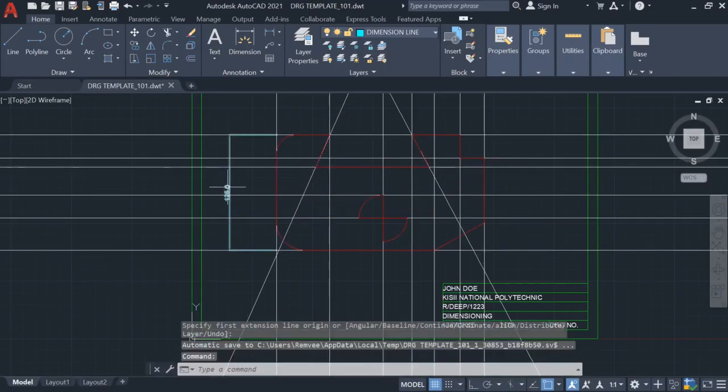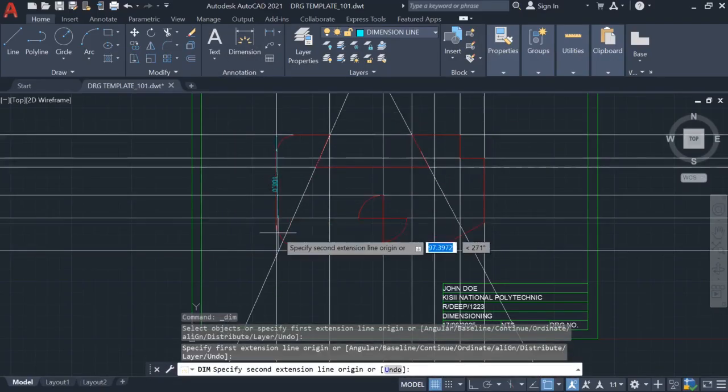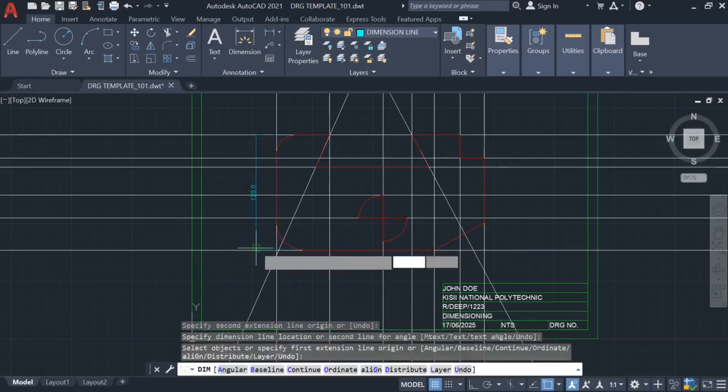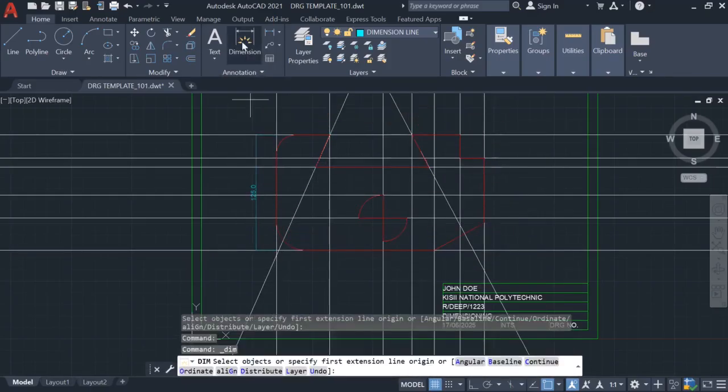I can bring it a bit closer. I thought there were other dimensions we're inserting here. So let's pick this again from this point to this point. You can have it there as 125. Then click here again. Now when you click here, this is a linear dimension and you can be able to